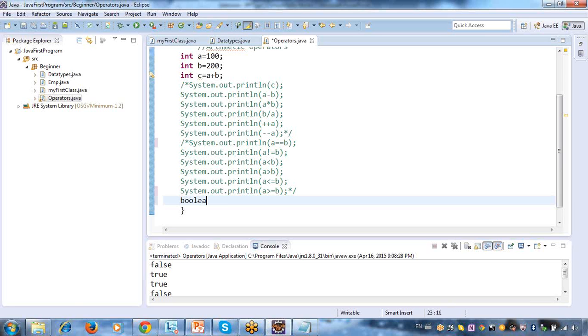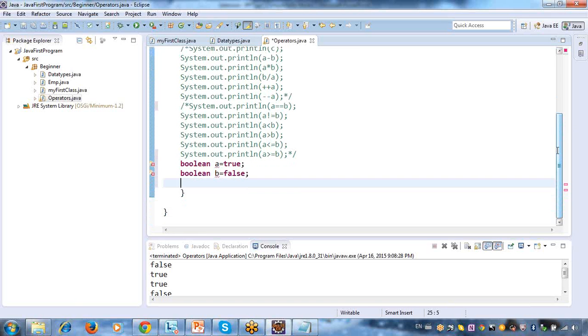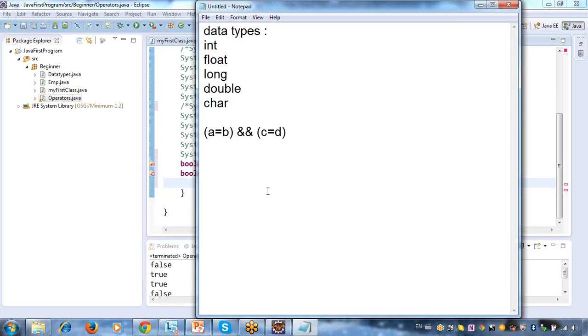I will talk about that again. Boolean A is equal to true, Boolean B is equal to false. So here, what is happening is, now you are having a concept called logical operators. Logical operators is nothing but AND. Very commonly we will use AND. You know what I mean by AND, right? Logical AND, we learned this during our graduation. Logical AND, logical OR. What do you mean by that?